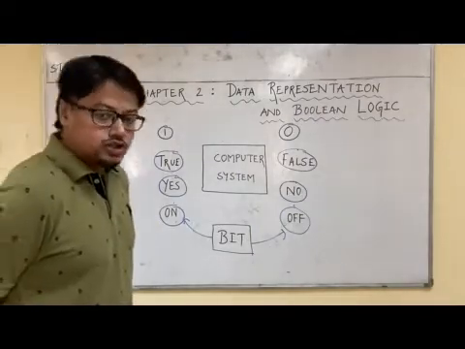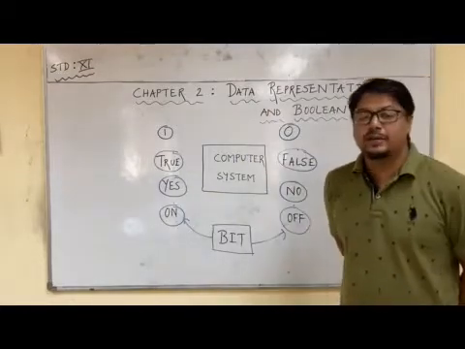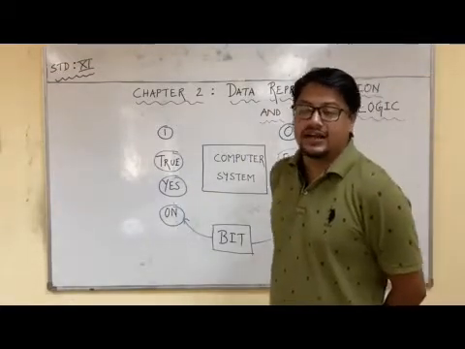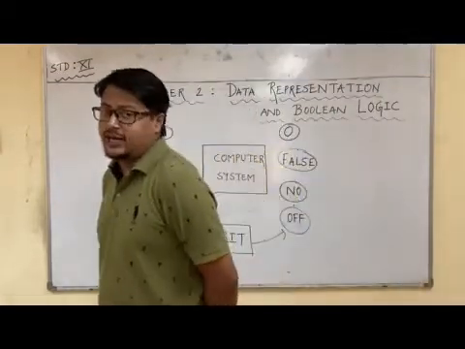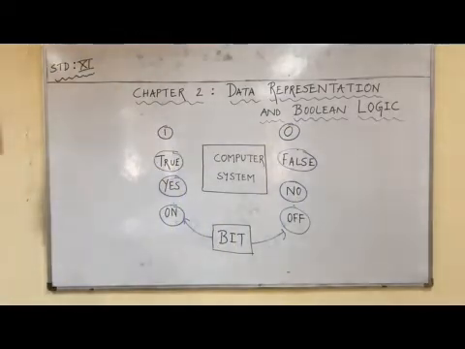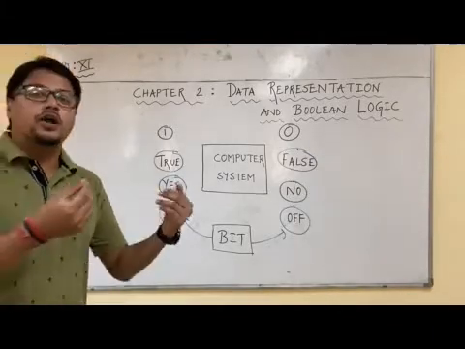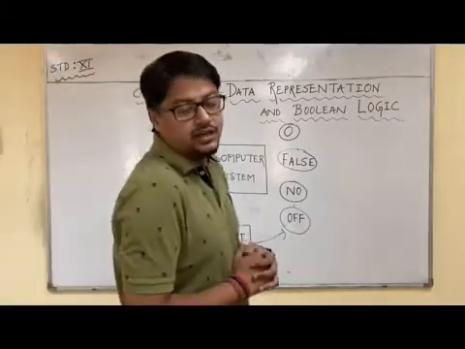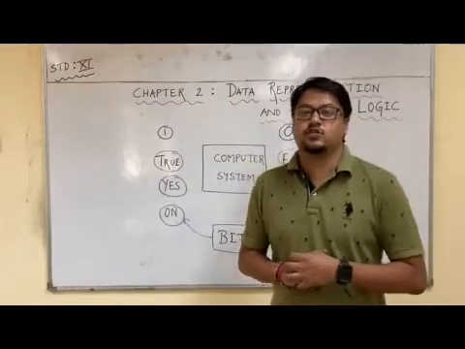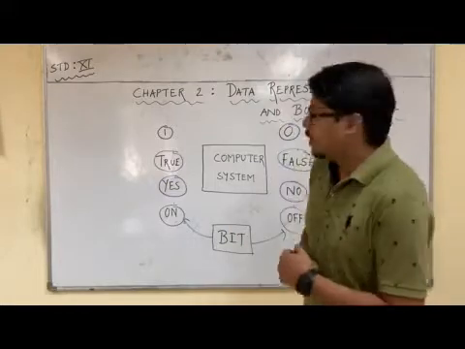That time I also spoke about why the computer understands two things, 0 and 1. Because finally, at the end of the day, a computer is made up of electrical circuits, and any electrical circuit that we know has only two states, either on or off. So to make things simple, computer understands only two numbers, 0 and 1, which we also call binary.